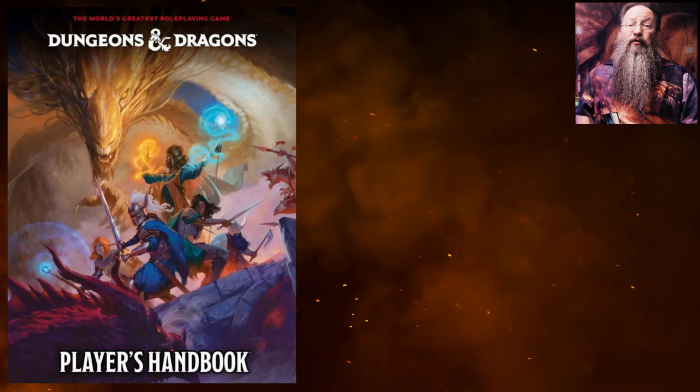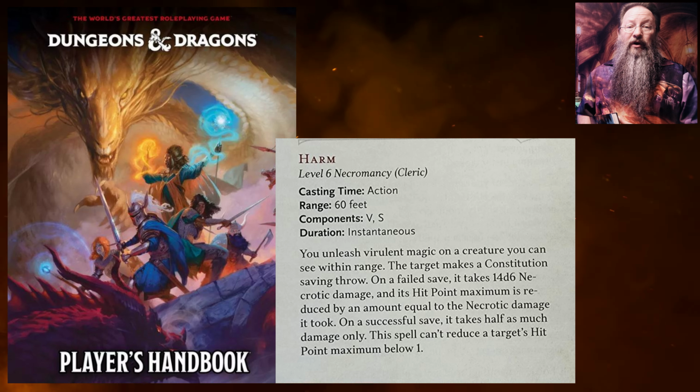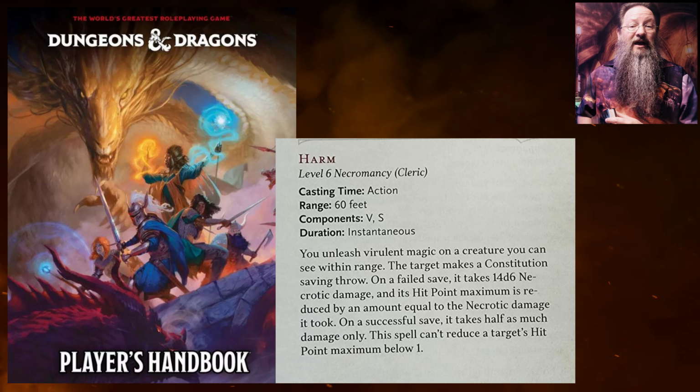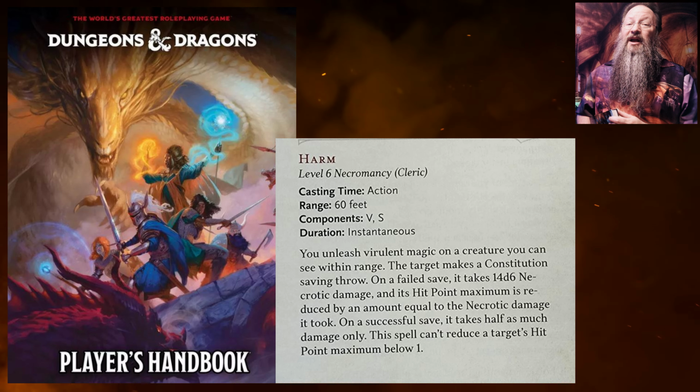Harm in the 2024 version of the Player's Handbook does not alter what the spell does. It simply shortens the wording and makes it a bit more streamlined. What it does not specify that the previous 2014 version did is that it no longer states that the reduction of the target's hit point maximum is temporary, which should prove to be fun for rules lawyers to insist that the hit point maximum cannot be restored, which is exactly why I wanted to do a cross comparison of this